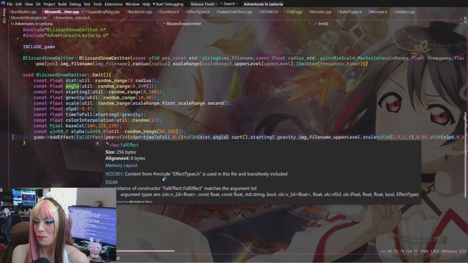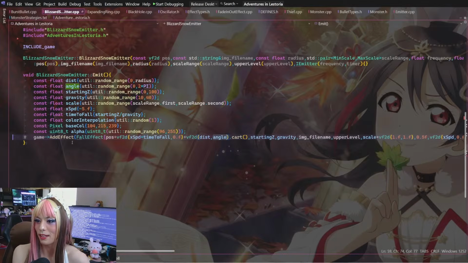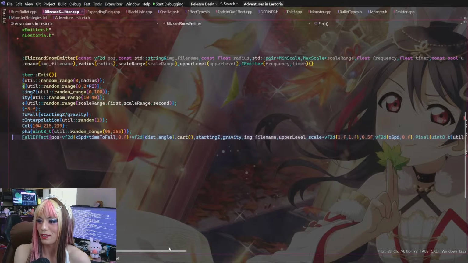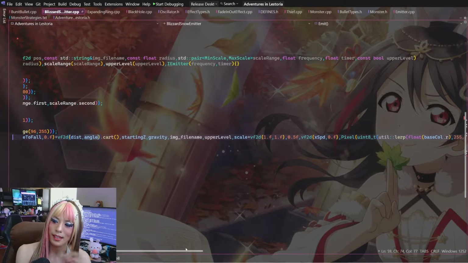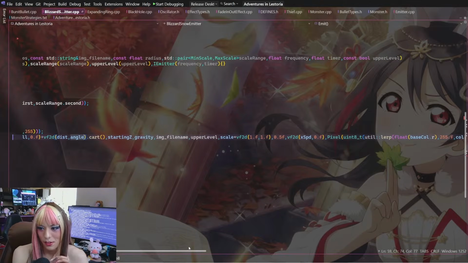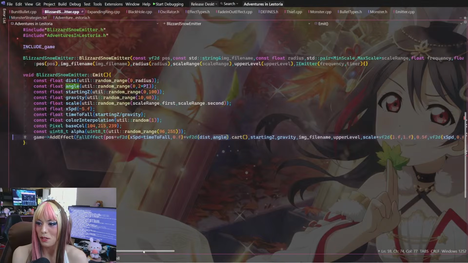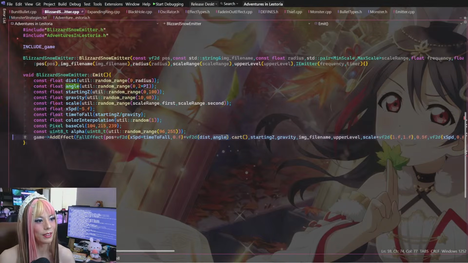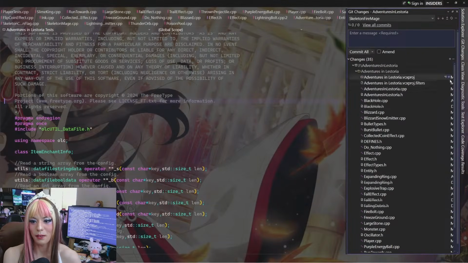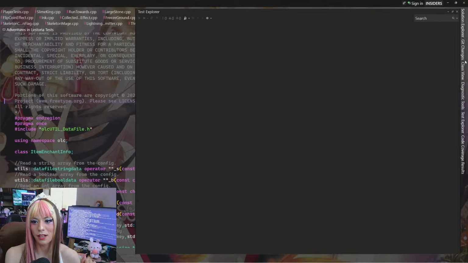Okay, so I presume this is... Oh, is this the one that uses the other... Oh my god, here's the one that uses the other constructor. Okay, okay. So, there is a difference between this fall effect and the other one. I'm going to assume that I wanted that specific behavior for the shadows.